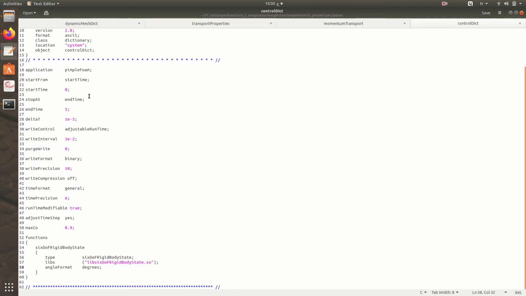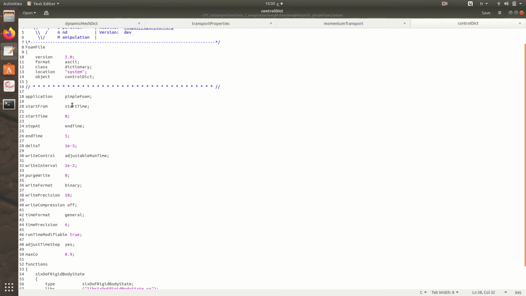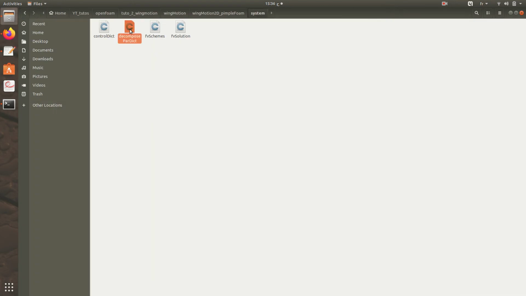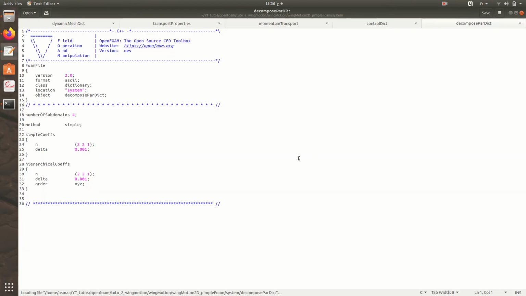And here we have the solver, PimpleFoam, the start time, and all the other usual parameters of the control dict. Then here we have a file for the decomposition of the domain, because PimpleFoam is based on CFD. It will do a CFD simulation, so it will take a while